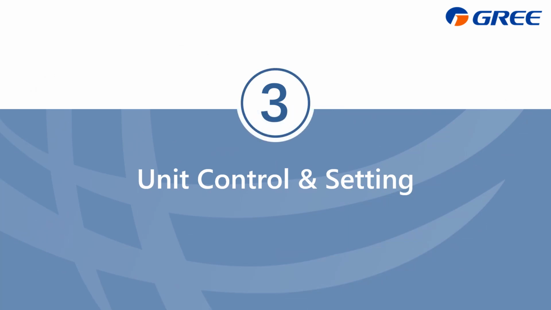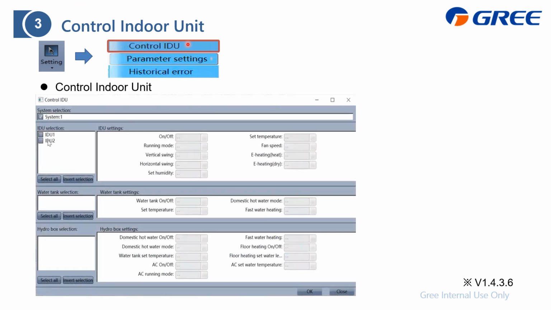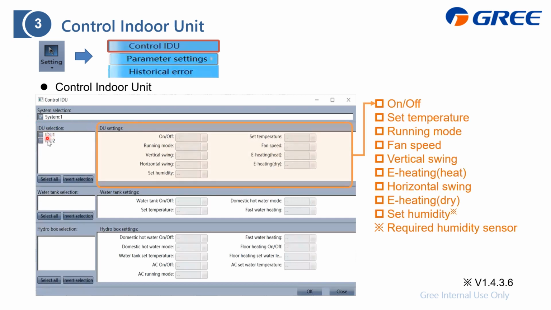Unit control and parameter setting. This slide displays how to control the in.unit. First, go to the setting from here and then go to this page. Then select this one. Then the system will show you this page. Here we will display the detected systems and also the in.unit just under this system. And what you can change is this part when you make it ticked and select.